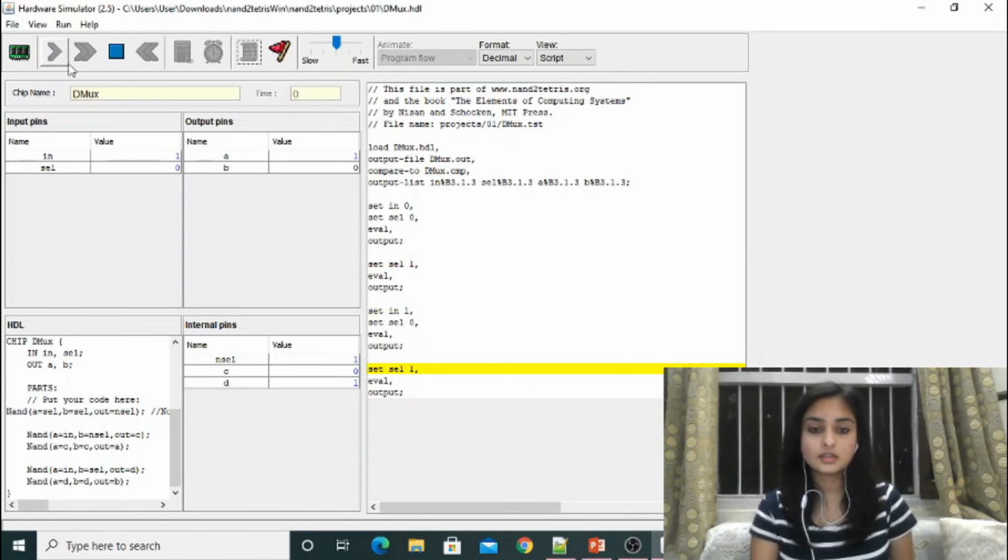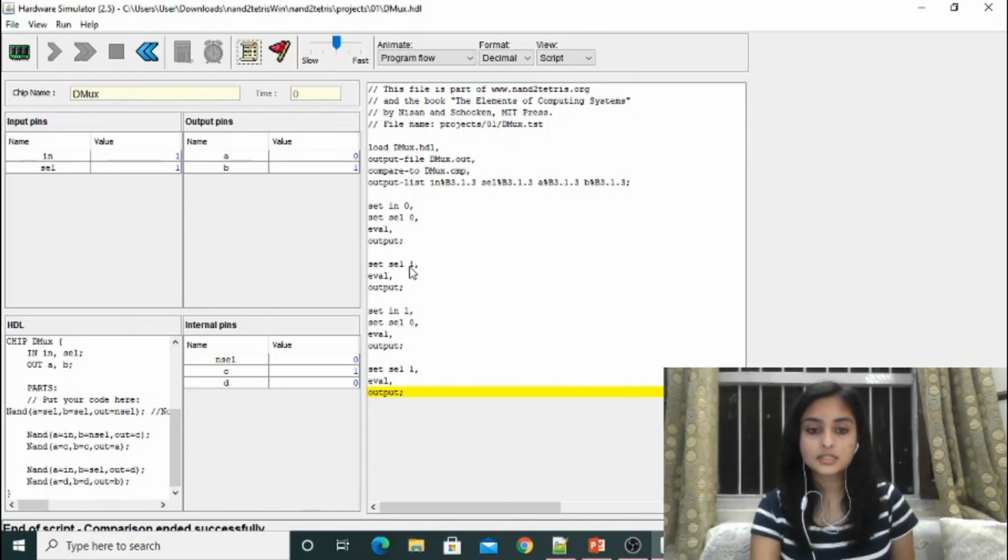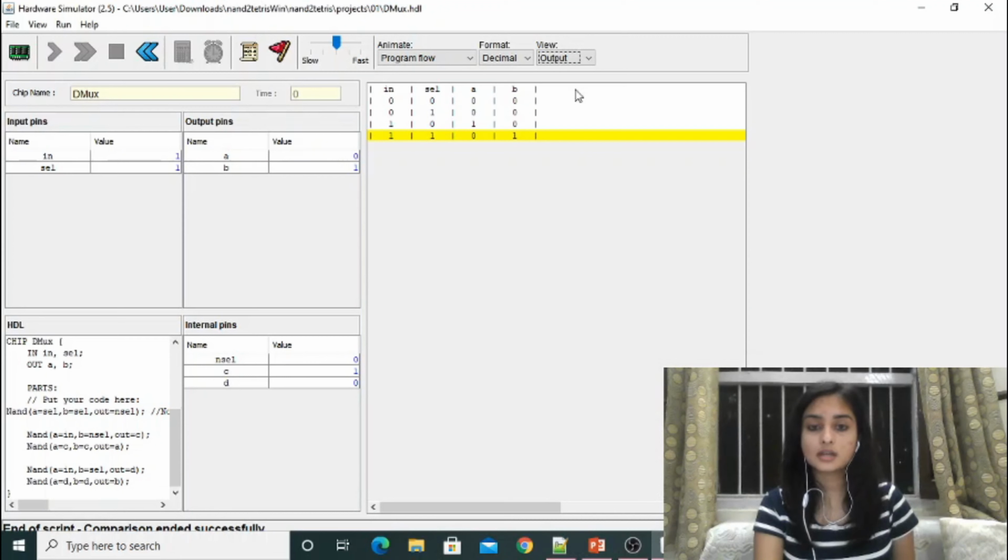Again, as you can see, while the code is running, where set cell 1 is given, the value of this cell was changed, and basically the values that we give in the input pins vary according to when our code runs. Now we will be looking at the output, and this is the output that we get. Again, to check it, we'll be using the function compare, and since no value has changed, our implementation is successful and there were no errors while running it.